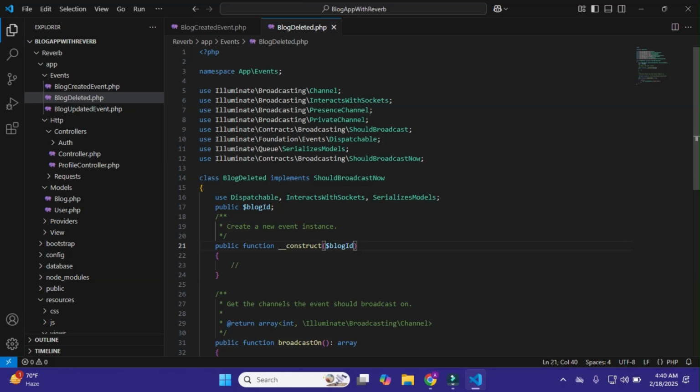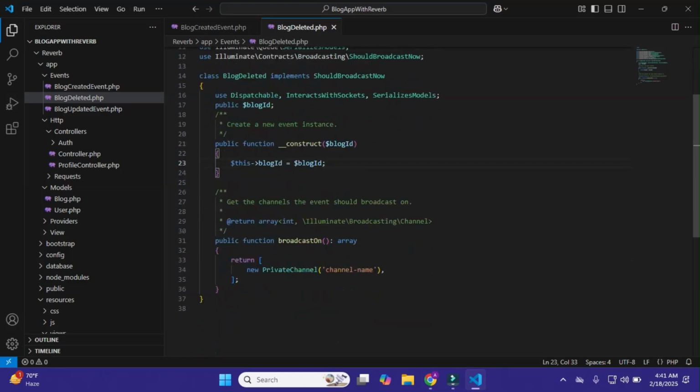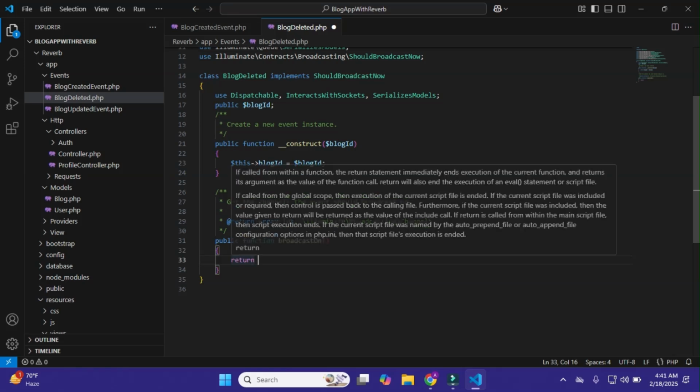Also here I'll just simply pass $this->block_id = $block_id. Just this, and we just broadcast this on, we don't need an array, just simply return new